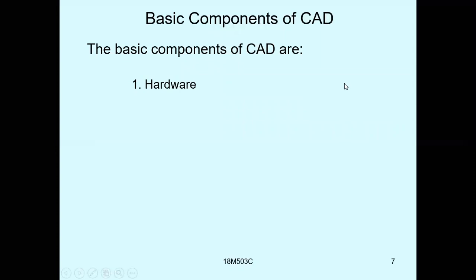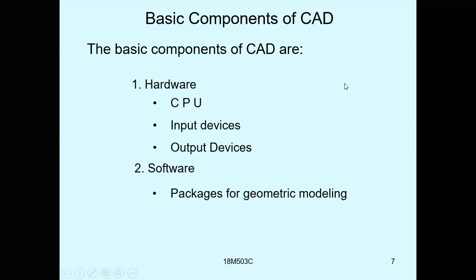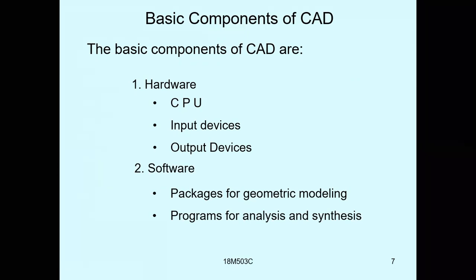And what are the basic components of CAD? This is a very, very important question. Okay, so the first question is the definition of CAD, the next one is the need of computers in design and manufacturing, then how the computers can be used in manufacturing, and this one is what are the basic components of CAD. You have hardware and software. In the hardware, you have the CPU, input devices, and output devices. We will discuss these elaborately: input and output devices and CPU.